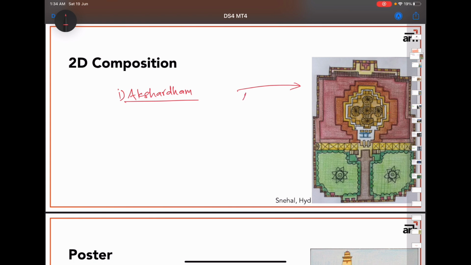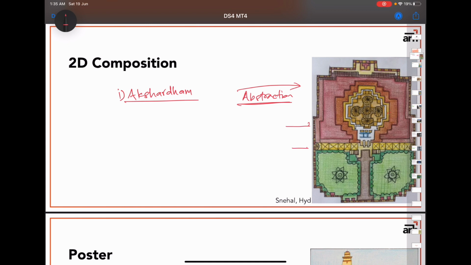And I feel this is where the abstraction part could have been executed in a much better way, according to me. This looks like a plan colored in a very interesting way, plus there is a lot of intricacy as well. So particularly about this question, I think the elements should have been mixed up a little bit, and a few extra elements could have also been added. But again, this is my prejudice, or this is how I expect the answer to be. But if I leave that aside, I think it's a fairly good drawing, very intricate, very detailed work.